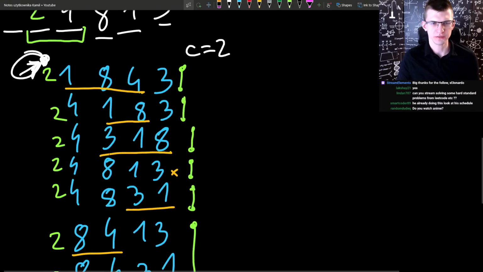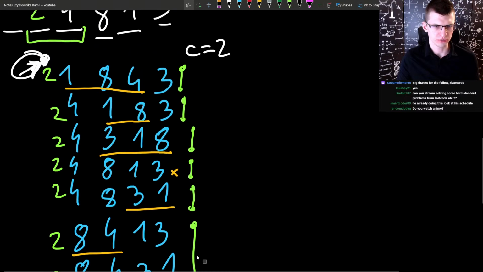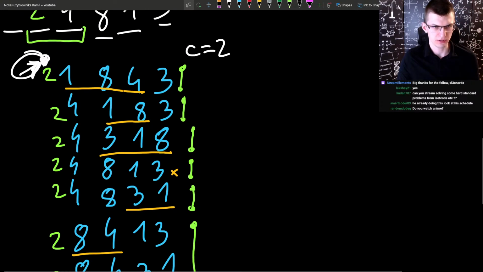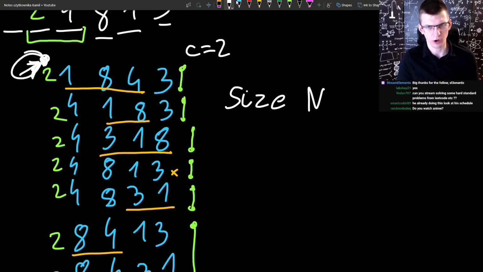I think because every permutation I want to construct looking from the left, I will first go from the right to construct all of that using the queue. Then I will have stuff in some order depending on where this yellow thing is. So I will have an array of size n times c, size O of n times c,